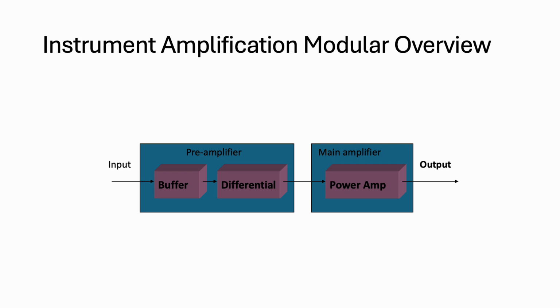So a buffer takes the high impedance signal and processes it so that the sensitive equipment can take it and digest it. That sends it to the differential amplifier, which takes out the signal we want from the original native signal, and then it is further boosted with a power amp. All of these stages have the potential to cause distortion if they aren't tuned or calibrated accurately,